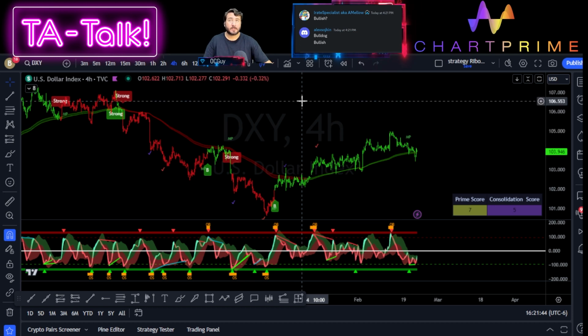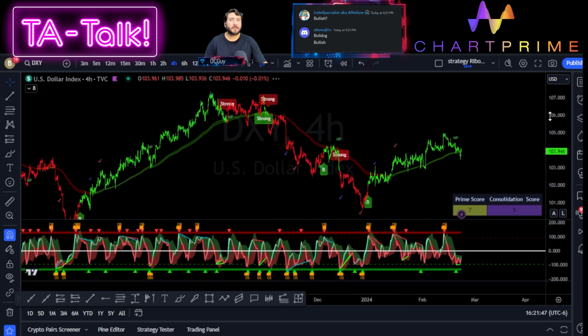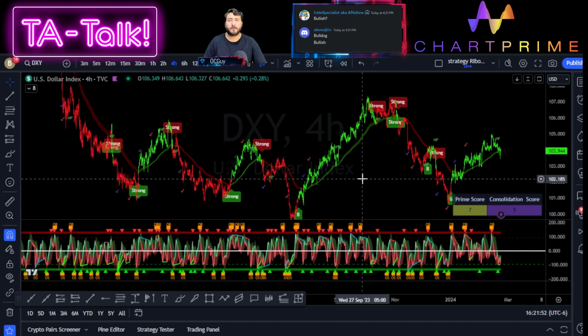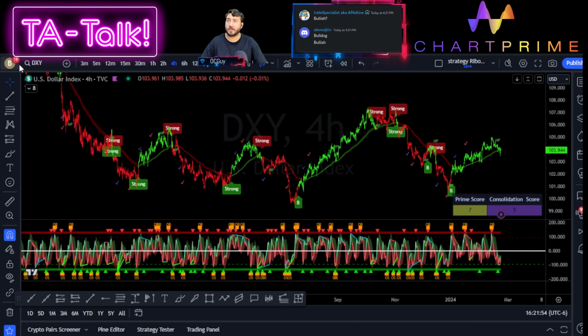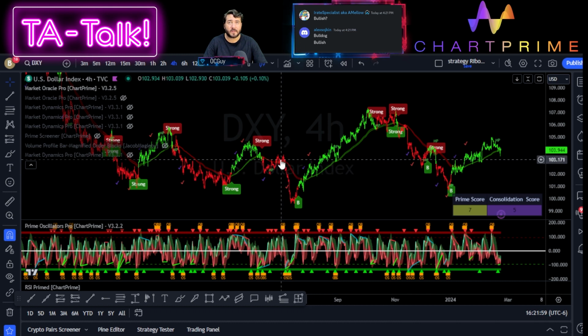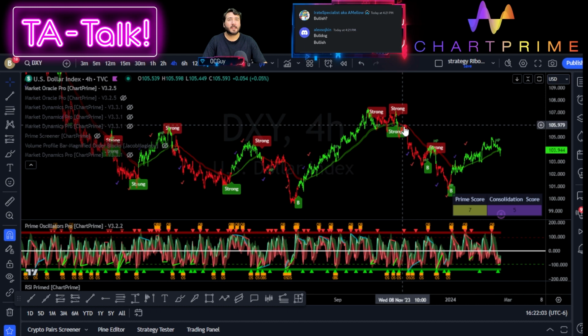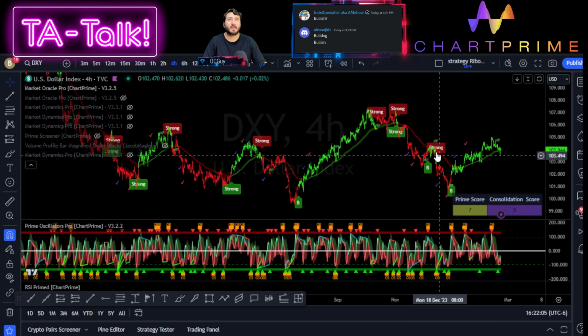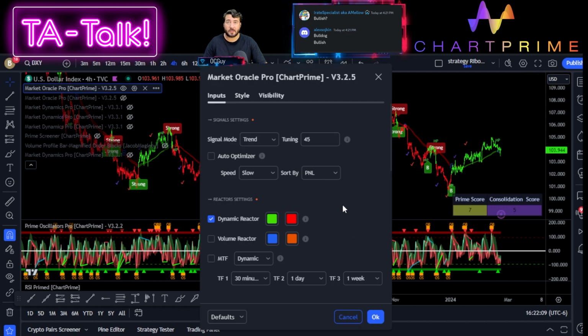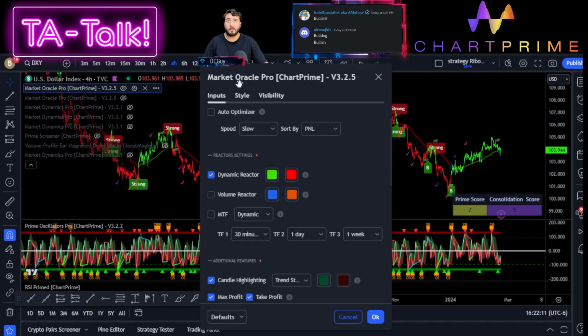All right. So first of all, let me give you a rundown, guys, of how I got things configured very, very fast, because I do see a couple of new members here. Look at that. The first thing I'm pointing out is this moving thing, kind of like a VWAP or a moving average, this red and green thing. That is not the price action, right? That is called the dynamic reactor. It's turned on under the market article.